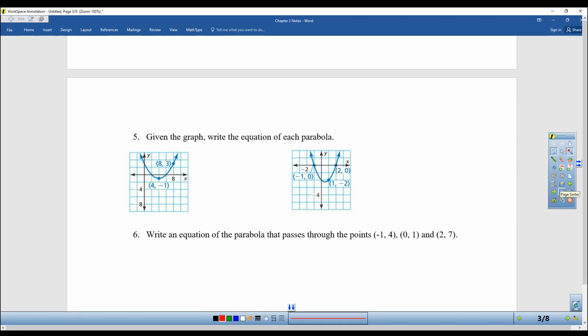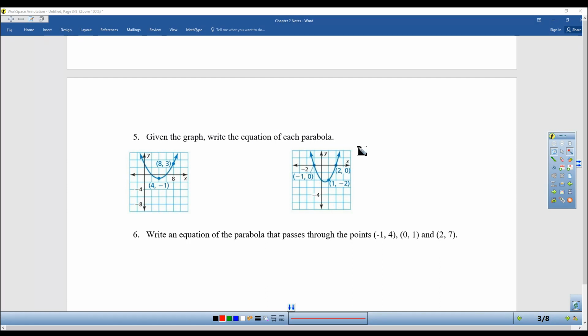Given the graph, write the equation for each parabola. This is literally the same problem presented in a different way. Notice in the first one, they gave you the vertex and a point. Notice in the second one, they gave you the 2 x-intercepts and a point. So there's nothing different about these. Don't worry, I'm still going to do them, but